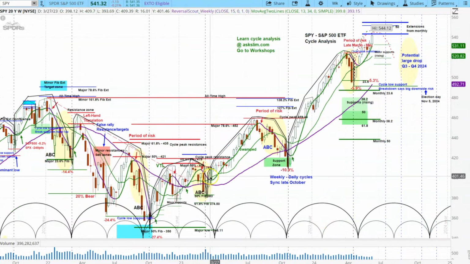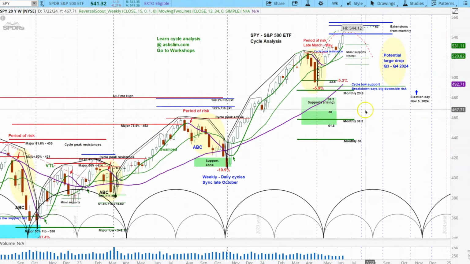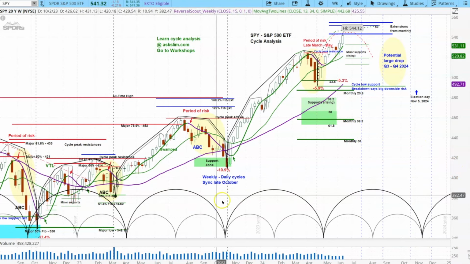This is the S&P 500 cycle analysis, and if you want to learn about cycle analysis, go to our workshop tab, and there's a free video in there. This is the rhythms of the market. This is the heartbeat of the market. It is the periods when money is coming in, or money flows are positive, and the periods when money flows are negative. There's nothing metaphysical about this. This is science. This is money being able to see visually the money coming in and money coming out, and we turn it into an art form for you to get these great visuals